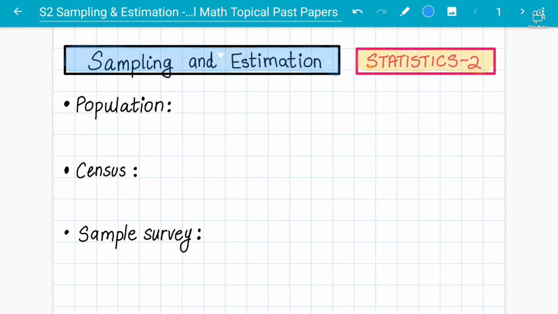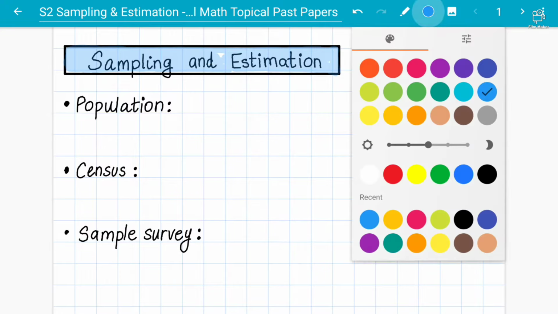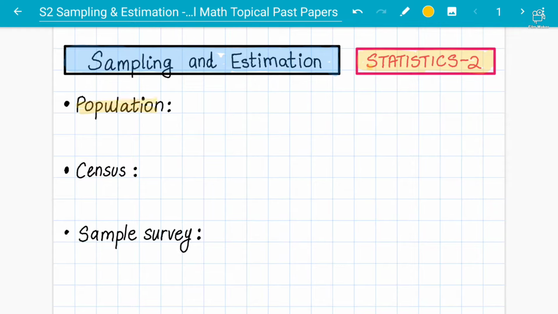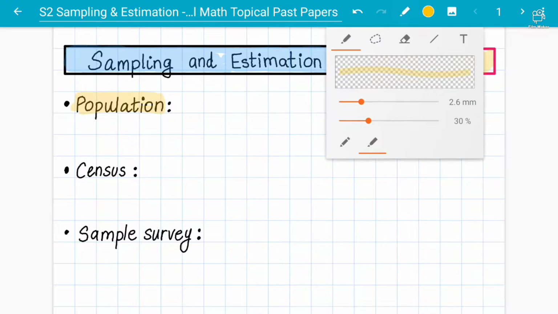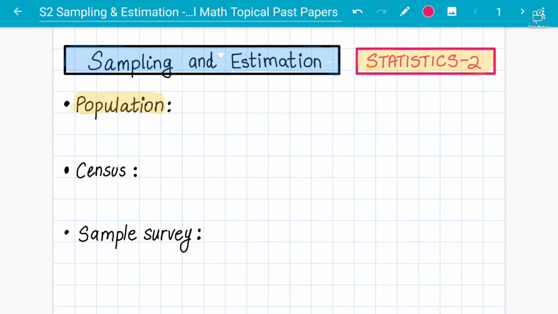But let's get started with the basic concept first, which is population. We need to understand, students, that population does not only mean people. A population is a set or group. It can be a group, large, small, or even infinite. For example, the number of students in a class can be called a population in statistics 2, A-level mathematics 9709. It is not about only people.